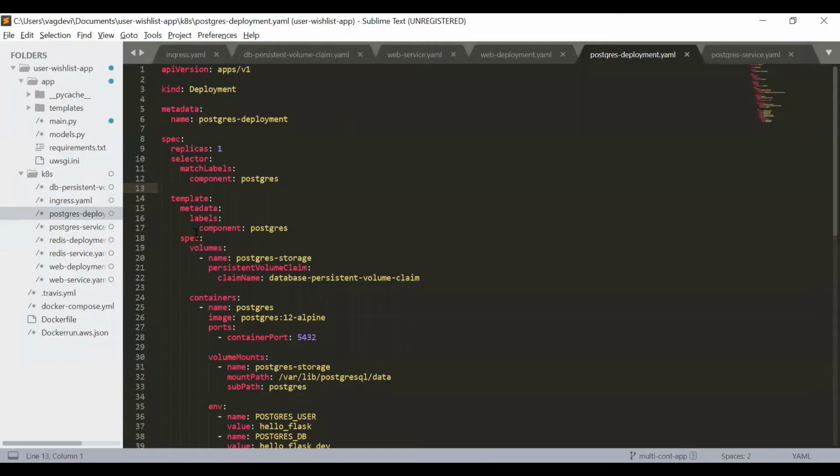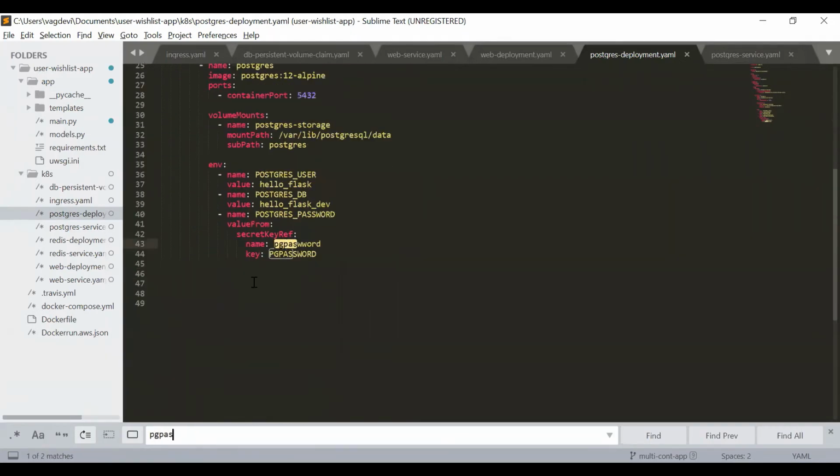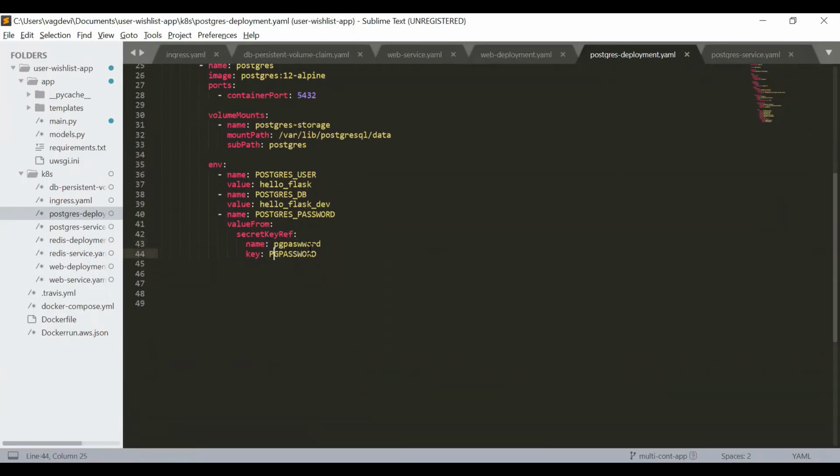So this is my Postgres deployment file. Let us find where it is. pg pass here. Okay, so now I'm going to write password, and save it now and go back to the command line.